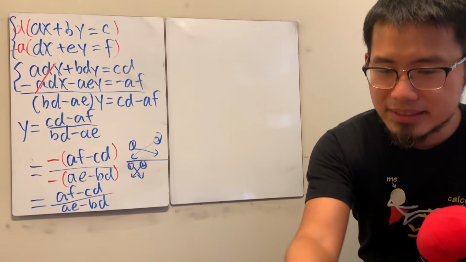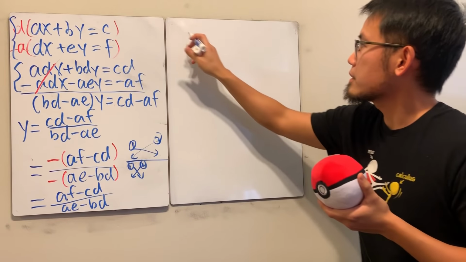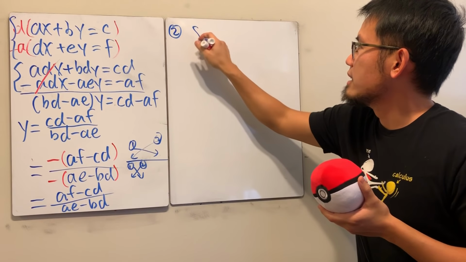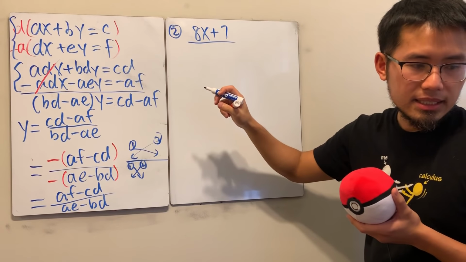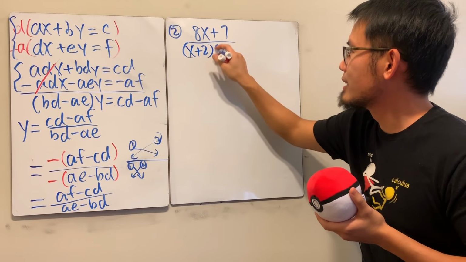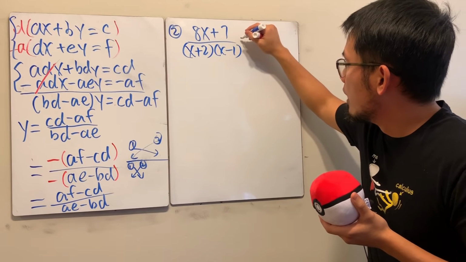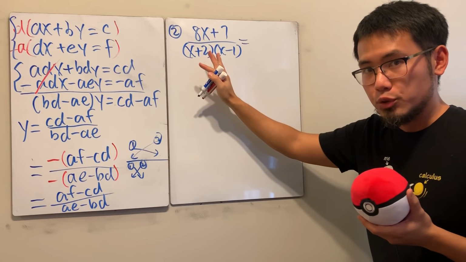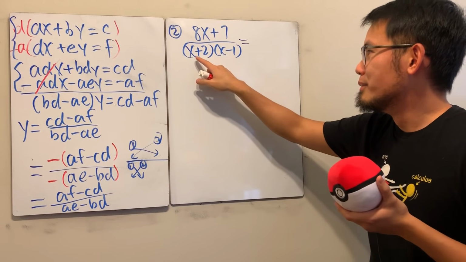All right, for the second one, I would like to go over what we call the partial fraction. So the second one, we have (8x + 7) over (x + 2) times (x - 1), like this. Whenever you have this kind of situation, the bottom is a product of two linear factors, meaning that this